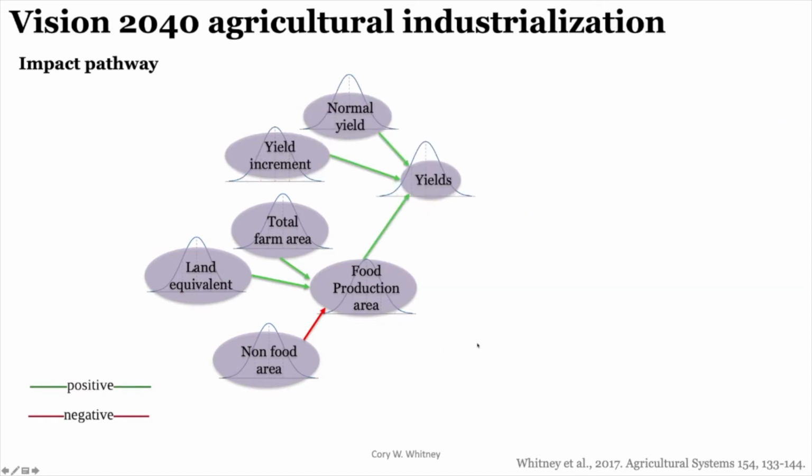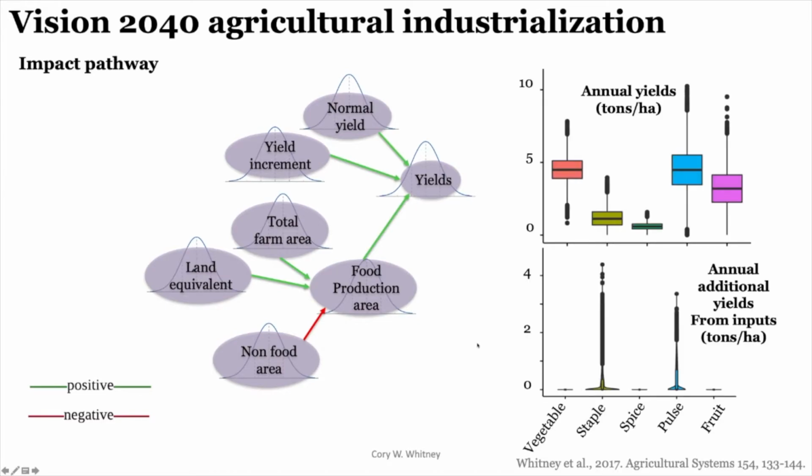In terms of yields in this model, we also ran this Monte Carlo to estimate the yields annually, and this is generic, so across both models, with an additional yield. That's the lower violin plot you're seeing here. So the additional yields from all the inputs, that is all the agrochemical inputs, in tons per hectare. So staples and pulses, they get some boost, right? In the industrial scale system, they get some boost from these chemical inputs. Smallholder farmers generally don't have access to those.